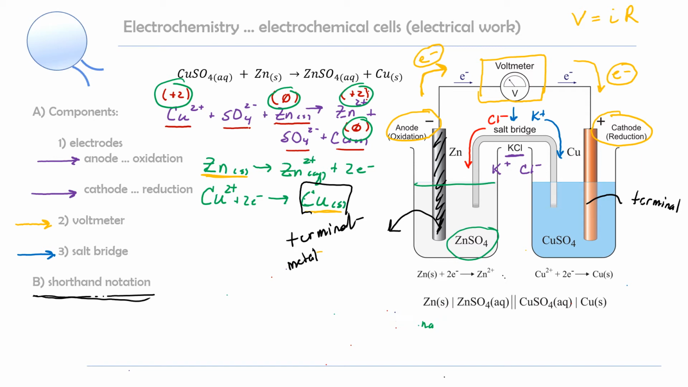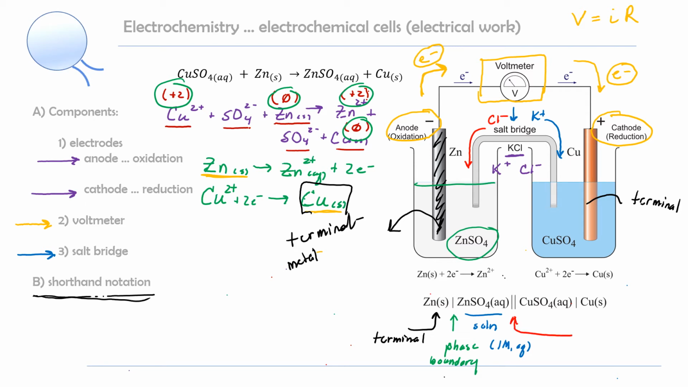So we'll do it this way. You've got the terminal, you've got a phase boundary, because we're going from solid to solution. Now you've got your solution. Technically, I should convey the concentration of my solution, so you oftentimes will see this as like 1 molar aqueous. And then this double line over here